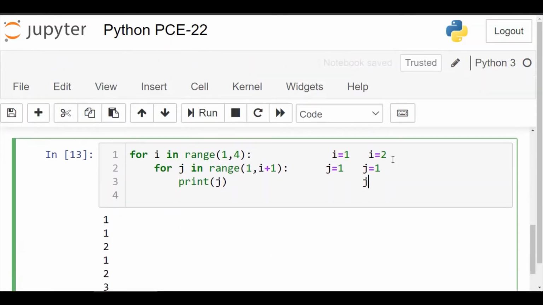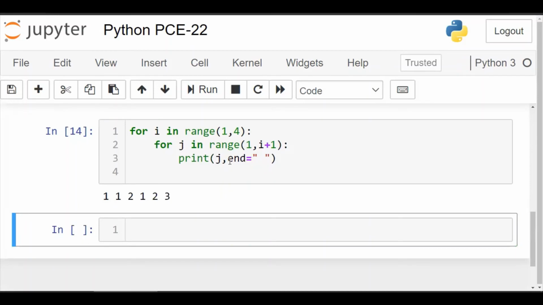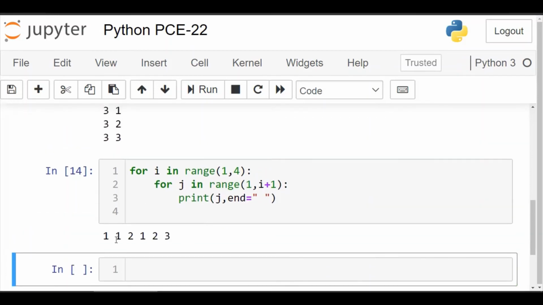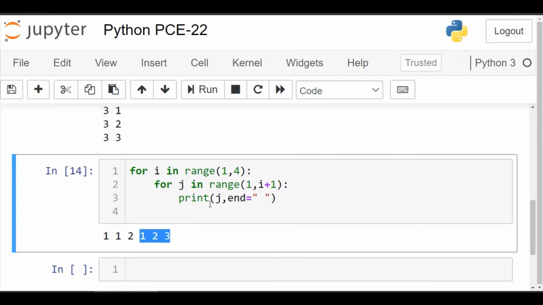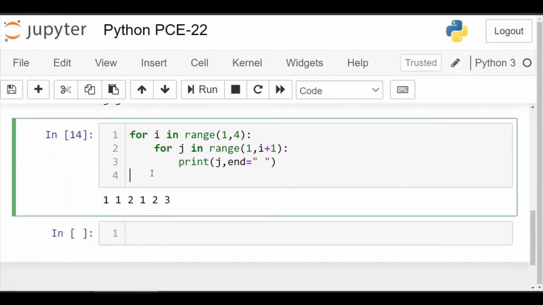Now suppose you want to get them in a row, then you have to use end here and after this. How do you want to end? Suppose you want to write like this, what will happen? 1 will be printed, then 1 2, then 1 2 3. So either you get all in one row or you get all in one column. But if you want to print 1, then 1 2 in a triangle, right angle triangle shape, then you have